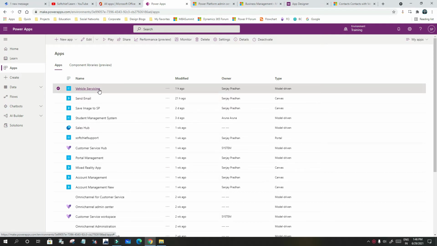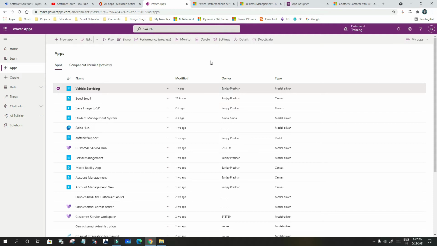So let's say this is my model driven app called vehicle servicing, and I want to enable the mobile offline configuration, because sometimes, although the network is highly developed, we don't have a 24-hour internet connection on our mobile. For some reason, if you are offline and you need to connect to your server, it is not possible, right? That's why it is required that some minimum entities are available for offline access, so that whenever there is internet again, they will be synced, right? So let us see how we can configure that.